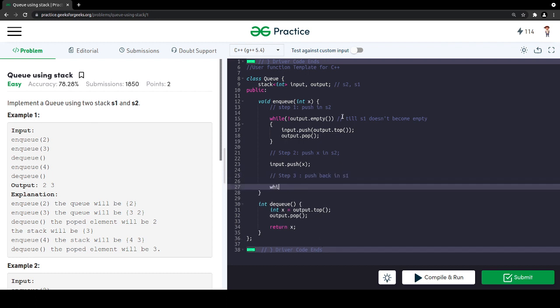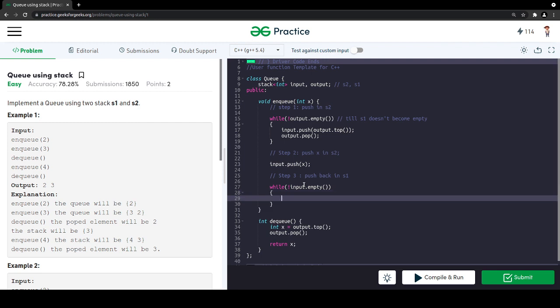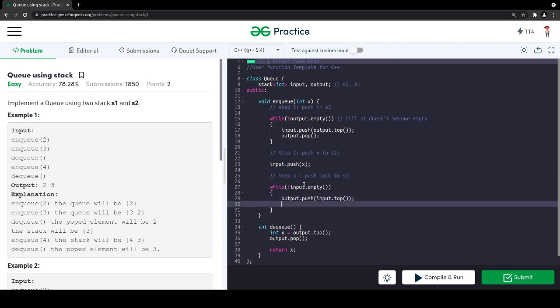I will have the exact opposite of this, so while not input dot empty, output dot push input dot top, then input dot pop.